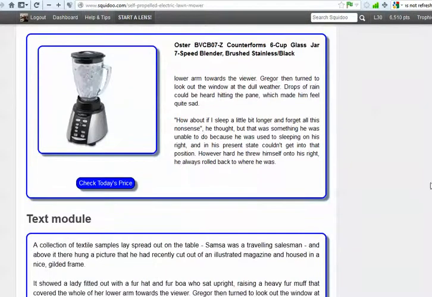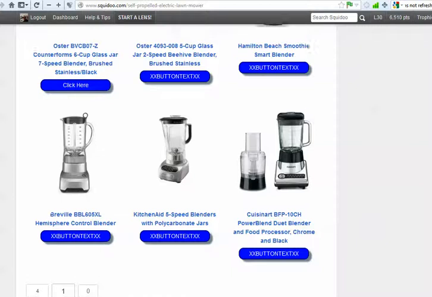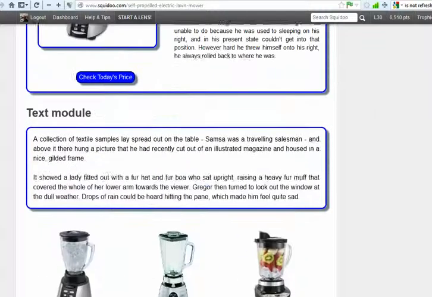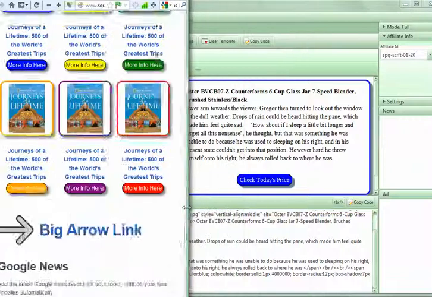So this has check today's price. That looks a little bit right. No real problems on these. They did just fine. You would adjust the length of your description to make the buttons line up better if you so choose. Now the other thing here is you will notice as you squeeze it down, whoops,